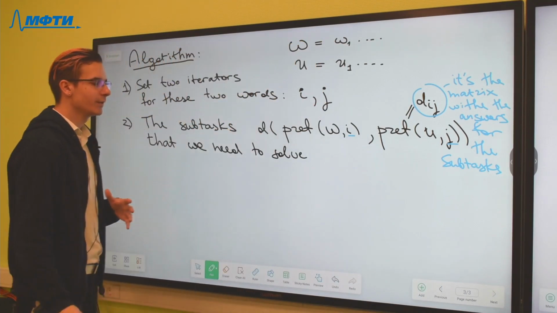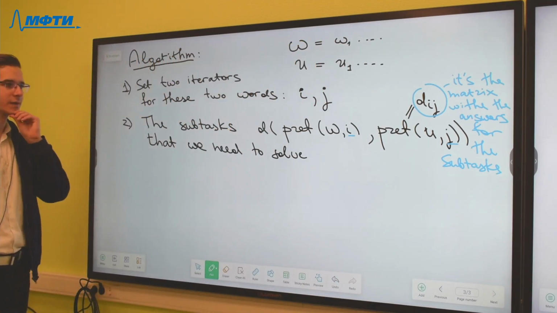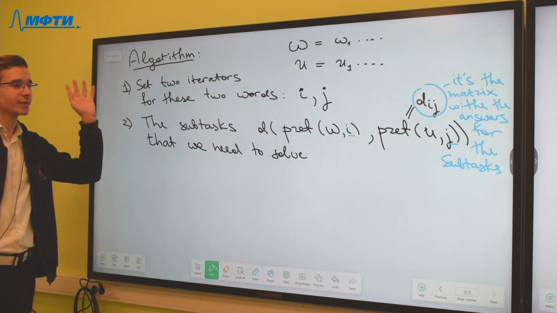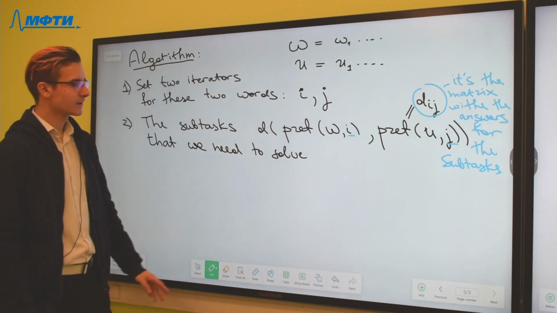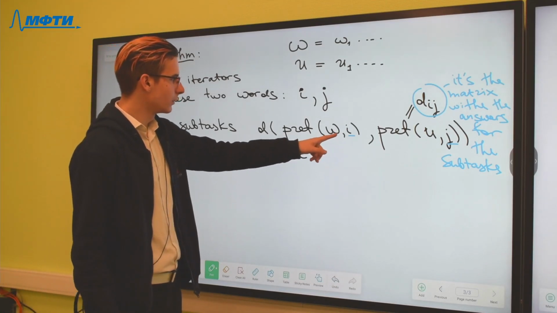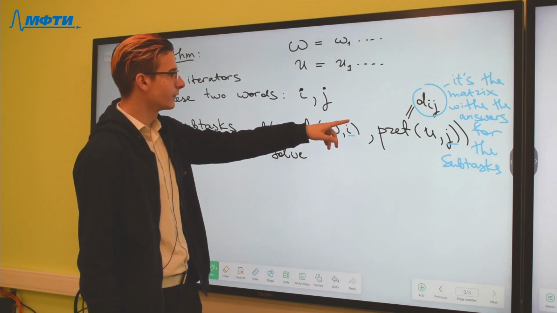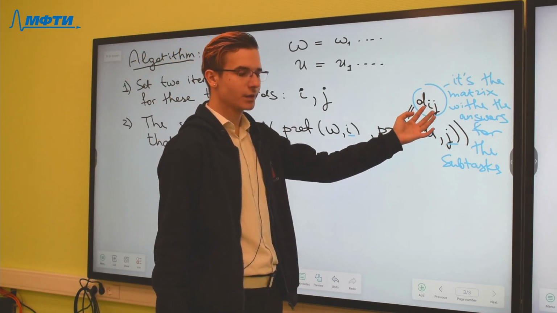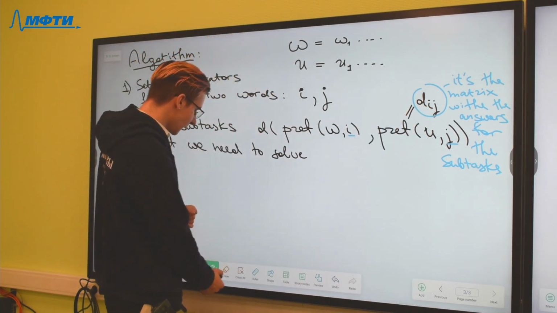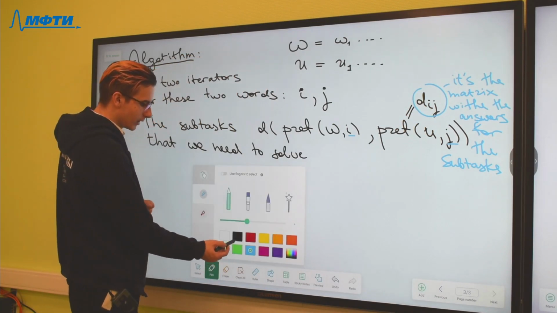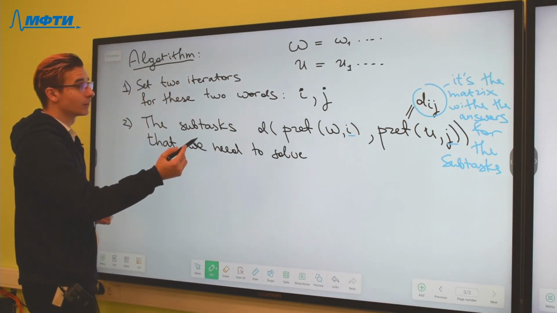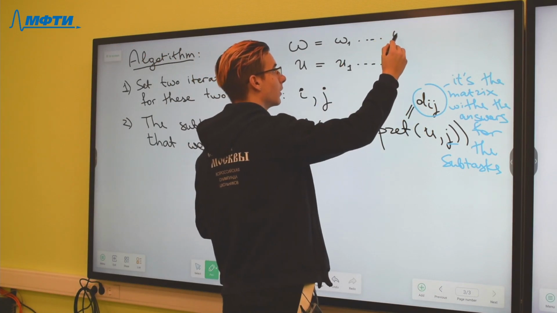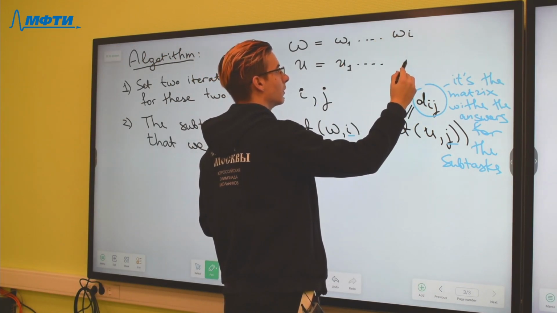And for example, we know answers for some subtasks with the smaller iterators E and G. So if we add new characters,